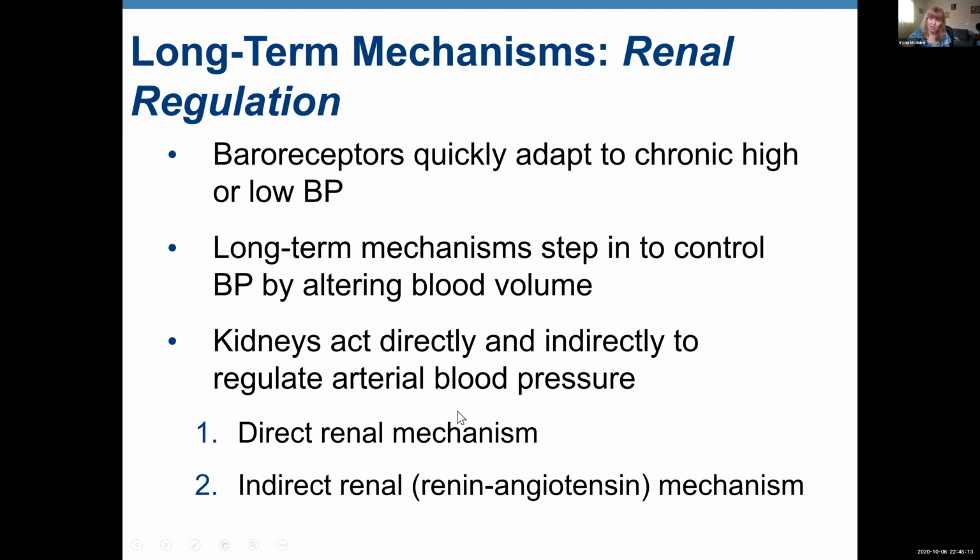Kidneys act directly or indirectly to regulate arterial blood pressure. So we have a direct renal mechanism and an indirect one, called renin, angiotensin, aldosterone. Sometimes they add aldosterone over here, and you will see why. So I just